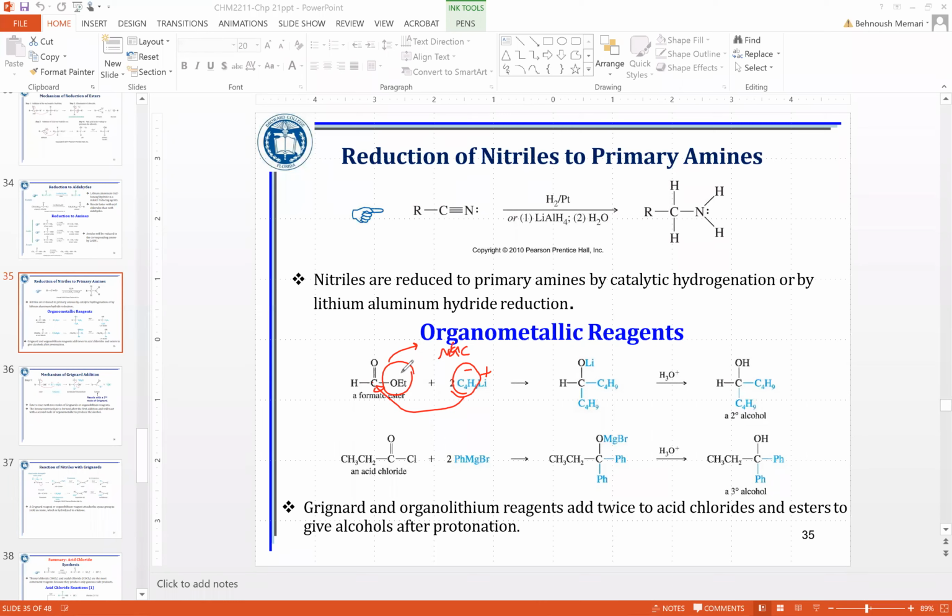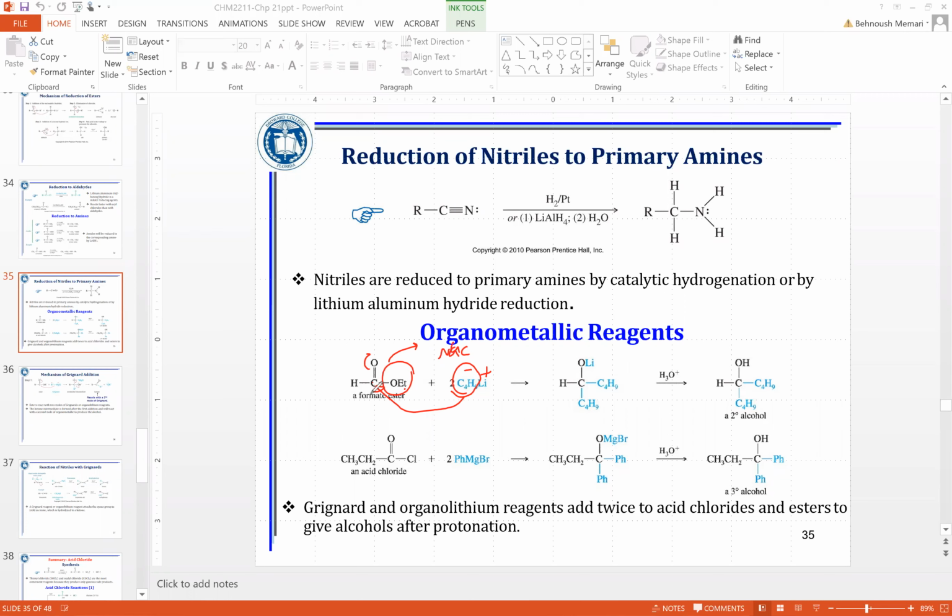If there is no leaving group, then the pi bond will break over the oxygen. So in this case, for the first step, there is a leaving group. So you bring one alkyl group to replace the ethoxide. And then on the second step,